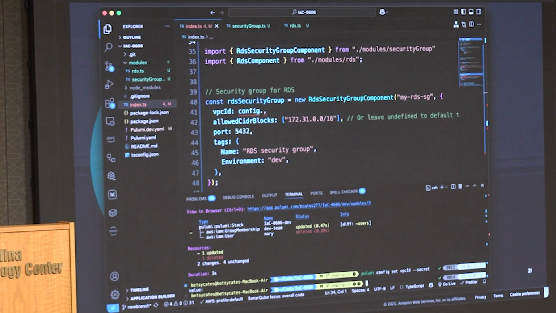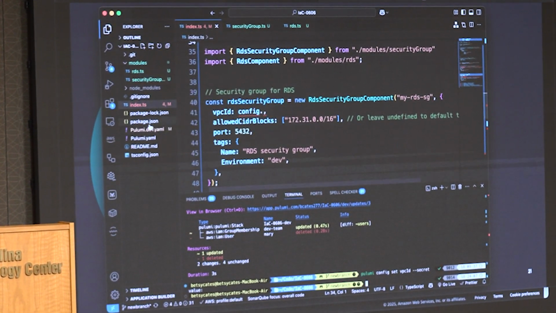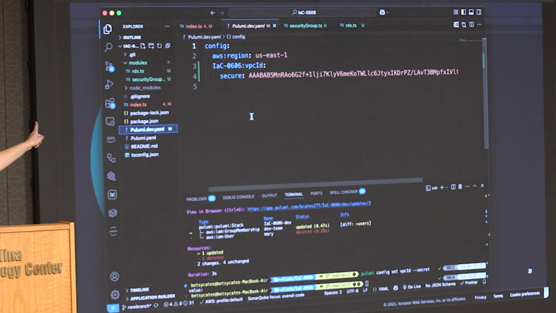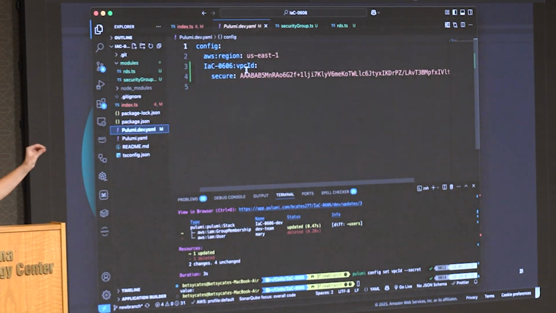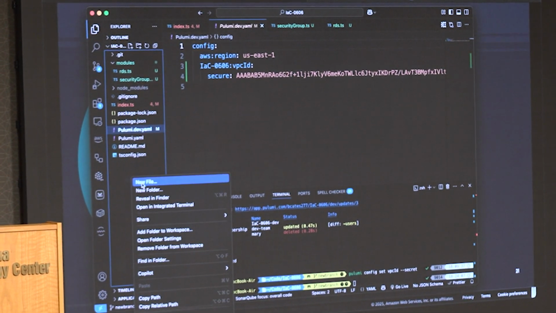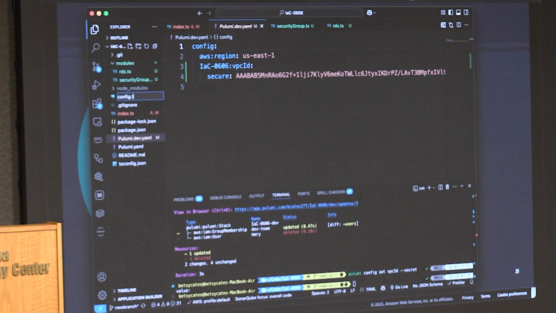Okay, so if we come over here to our pulumi.dev.yaml file, you'll see that we have our secret that's now encrypted, and we have a new variable. It's that VPC ID. So I'm going to show you how to pull that variable into your code without having a hard-coded secret. We're going to do a new file, call it config.